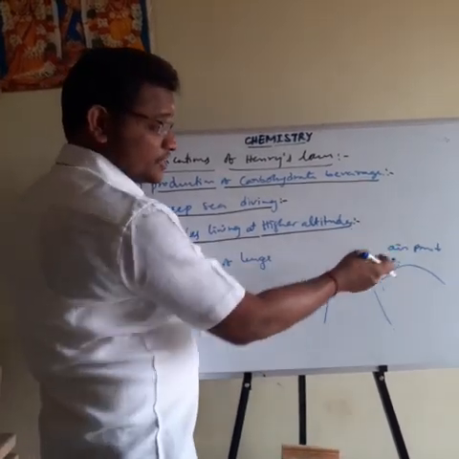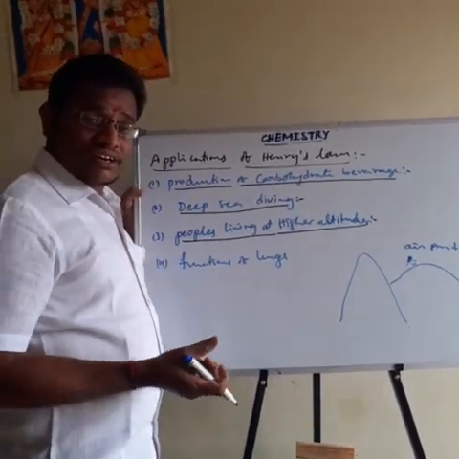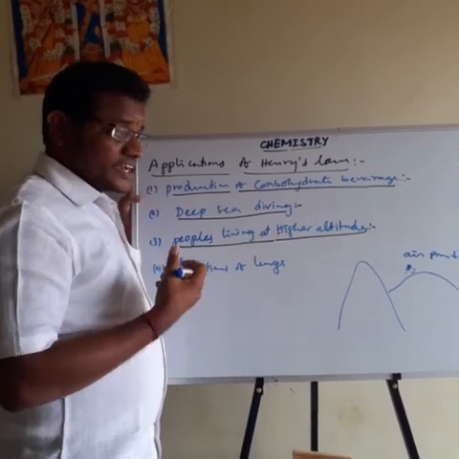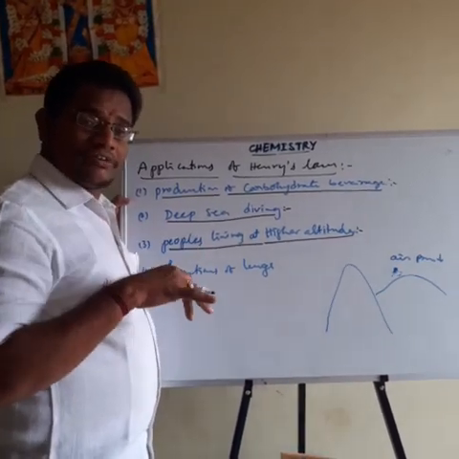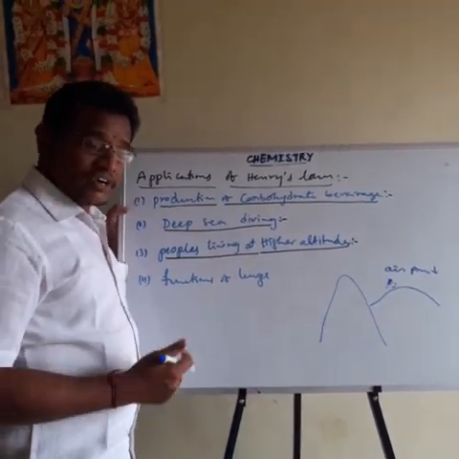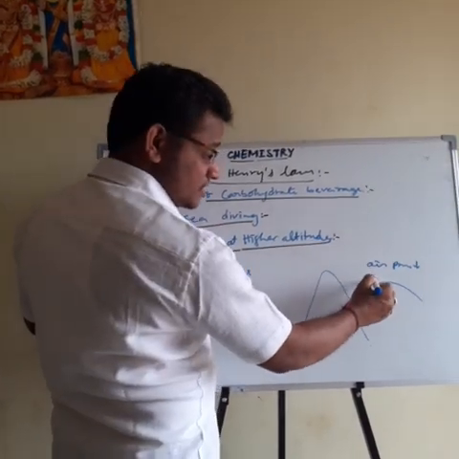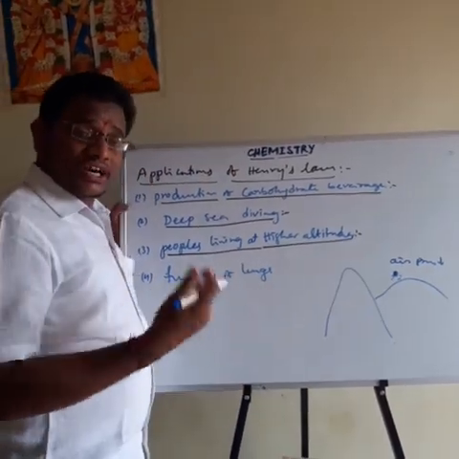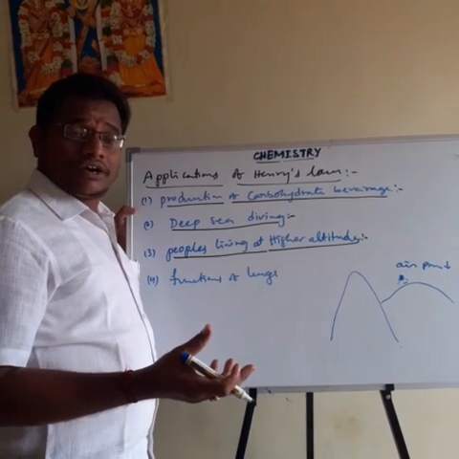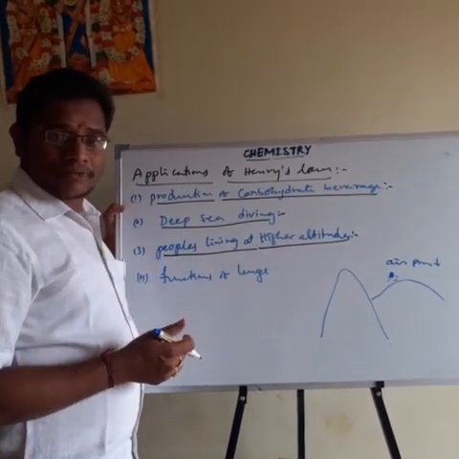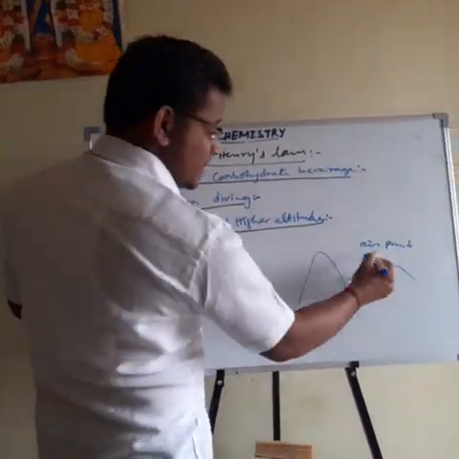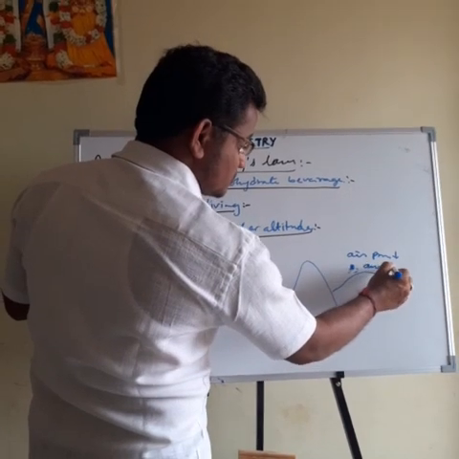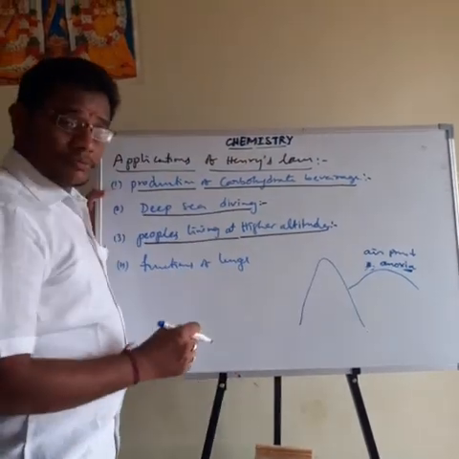In higher altitude, the air concentration is decreased. So they are breathing the air, but the oxygen concentration in their blood decreases. Whenever the oxygen concentration decreases in these people, it causes the person to become weak and unable to think properly. This type of disease is called anoxia. So that is the third one.